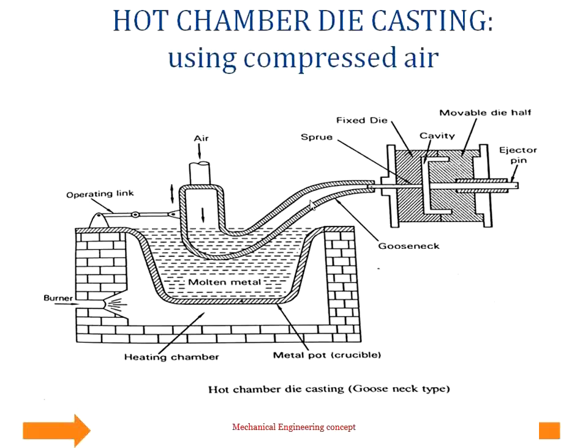When the solidification is about to complete, the supply of compressed air is stopped and the gooseneck is lowered back to receive the molten metal for the next cycle. In the meantime, the movable die opens by means of ejector pins, forcing the casting out of the die cavity. Now the die halves open to receive the molten metal for the next casting. The hot chamber process is used for casting metals like zinc, tin, magnesium and lead based alloys.